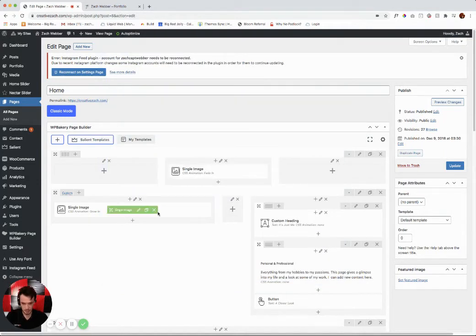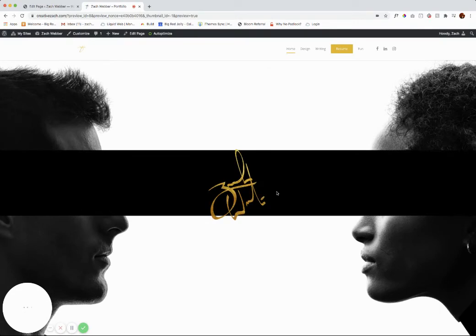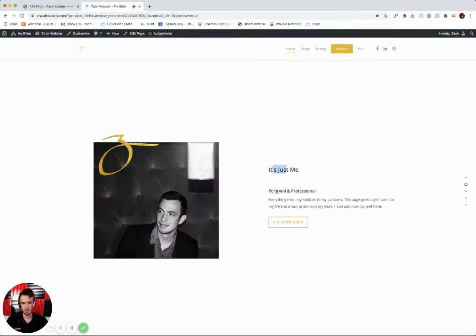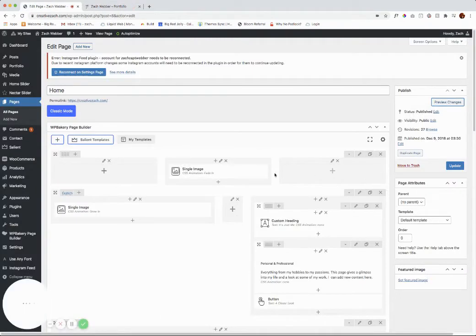But as you can see, all of these elements have different settings. So it's just a matter of finding the page you want to edit, finding the element you want to edit, and then figuring out those fields and where you need to edit to make the changes that you want to make. So if I preview my changes, we'll see if we go down to that same section. It's just me, personal, professional, everything from hobbies to passions. I can add new content here. If you're happy with those changes that you've been making on your page, then you can come back to the editor and click Update. I'm not going to click Update because I don't want those changes to be reflected on